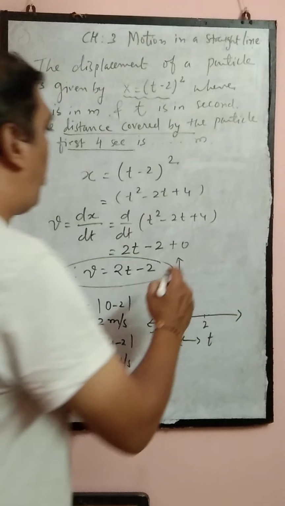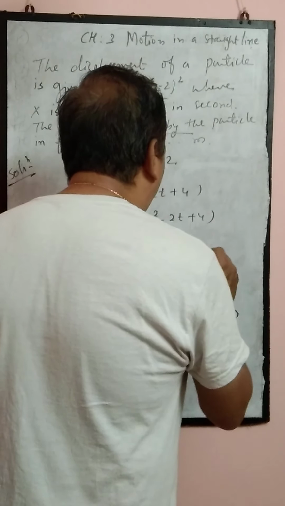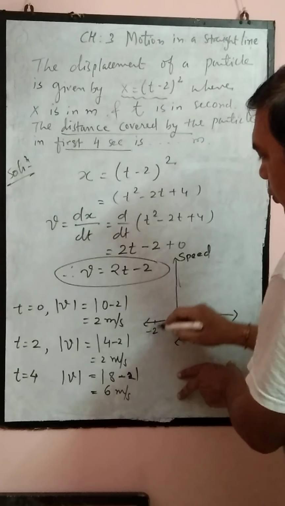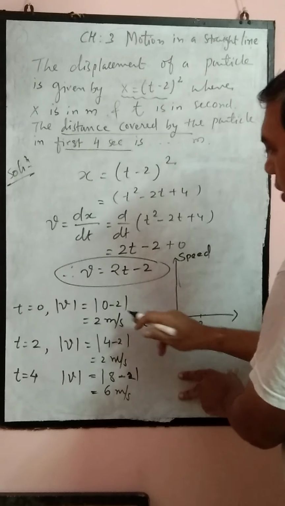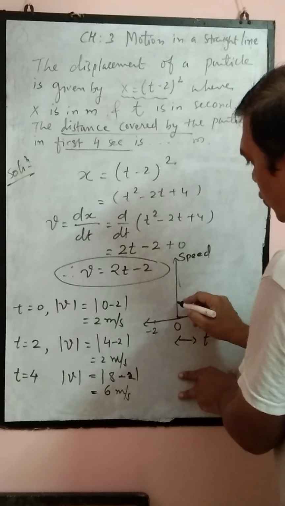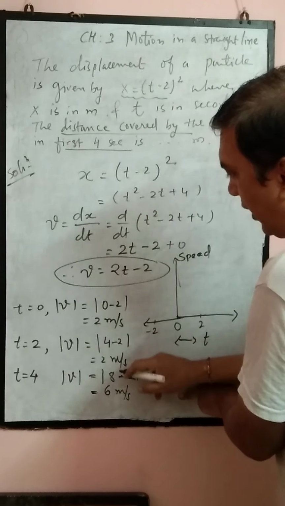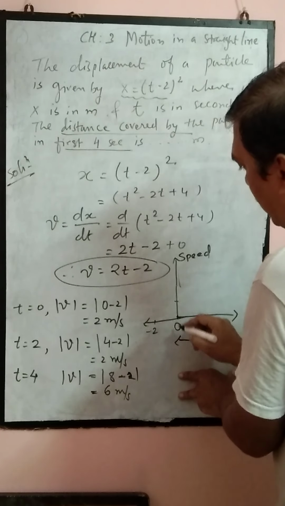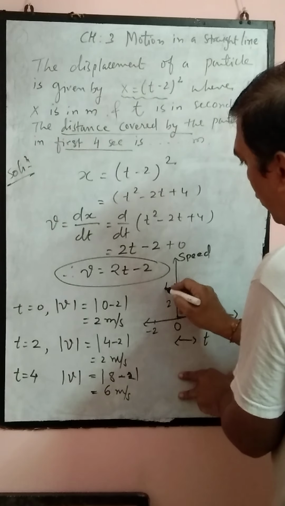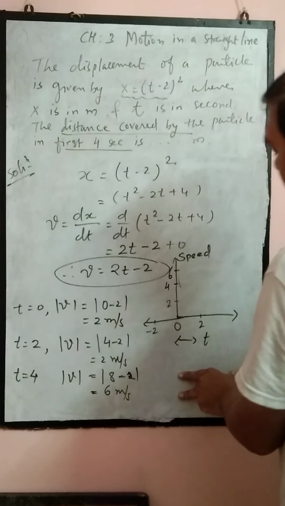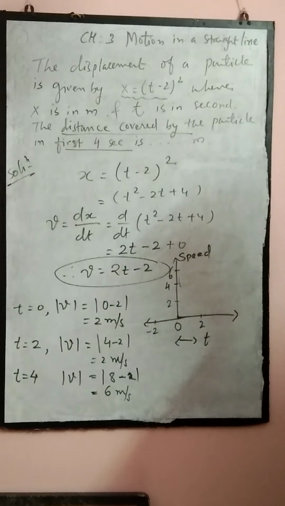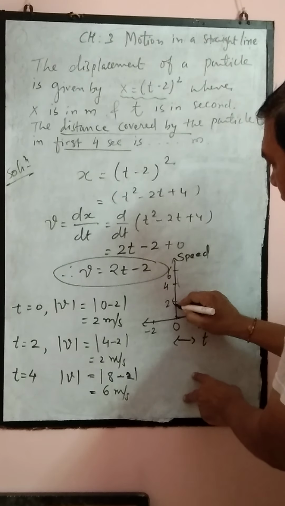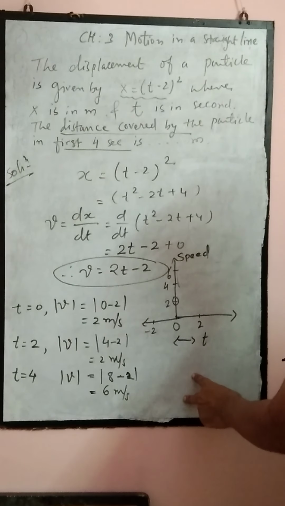So here, when we plot the graph of speed against time, how do we plot it? When t equal to 0, that means what is the velocity? Velocity equal to 2 meter per second. So velocity is varying 2, 2 and 6. So here if I say 0, 2, 4, 6, this way we can get, right? So when you substitute t equal to 0, what is the point? Here we are getting this point, right?